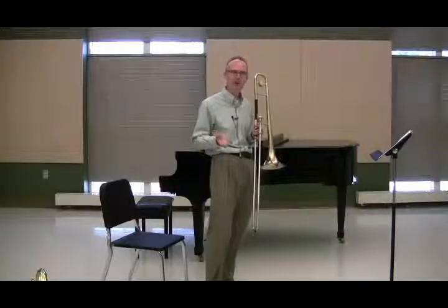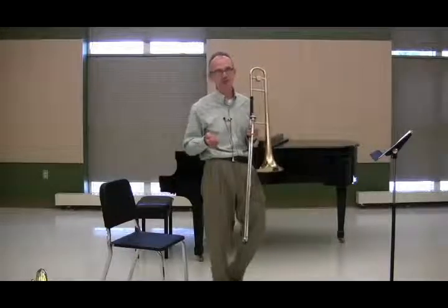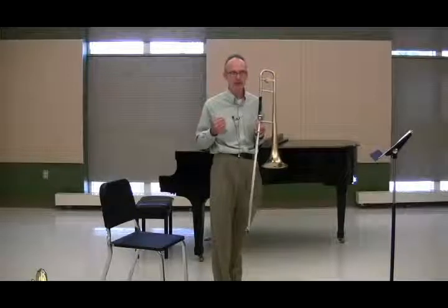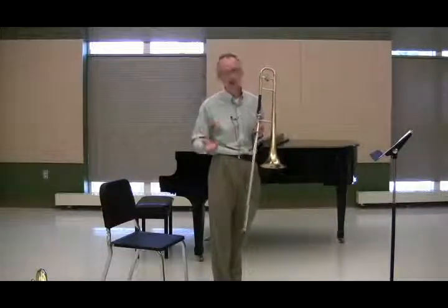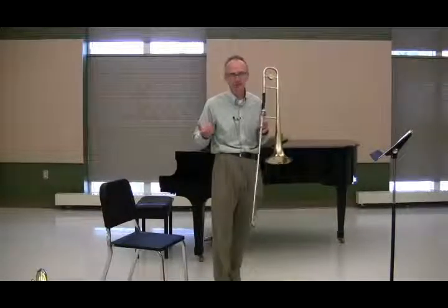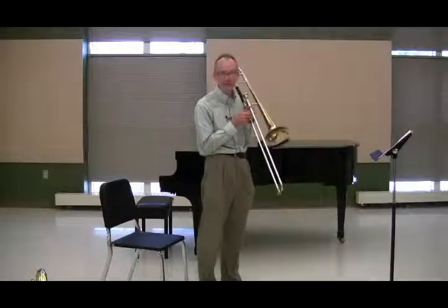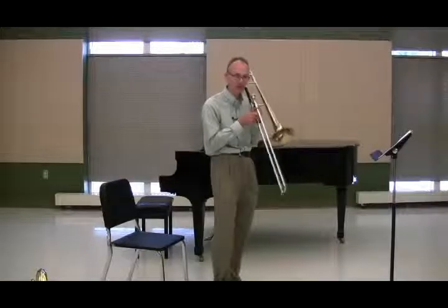And you basically want to watch their arm. In fact, a great exercise to use will be something that you might use regularly in a warm-up, a scale, and ask your trombonist to not look at you, but to watch their slide instead. And you'll help them keep time by using a metronome over a stereo system or something. And you'll get them to watch their hand and let the challenge be to let their hand move in time to the beat. So if my beat were,